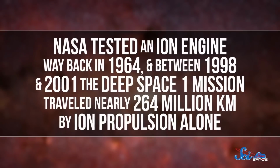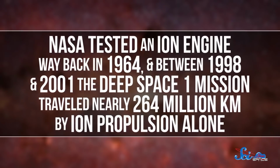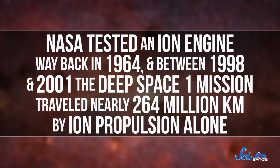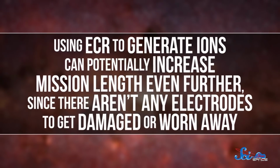Meaning your CubeSat can keep thrusting for a long time. Using ions to create thrust isn't a new idea. NASA tested an ion engine way back in 1964, and between 1998 and 2001, the Deep Space One mission traveled nearly 264 million kilometers by ion propulsion alone. But using ECR to generate ions can potentially increase mission length even further, since there aren't any electrodes to get